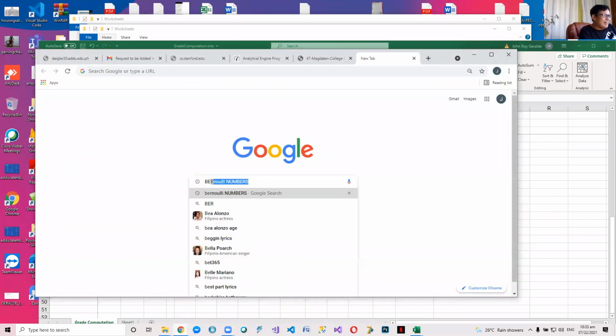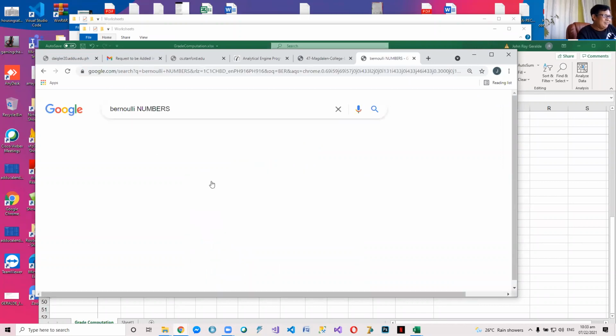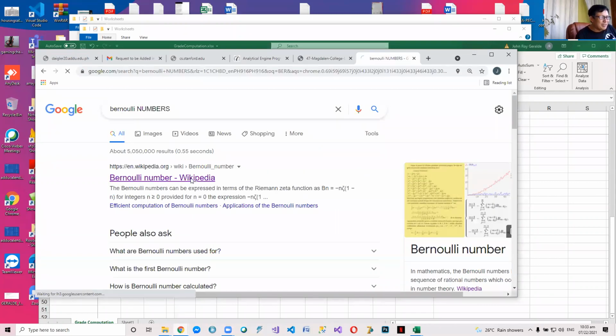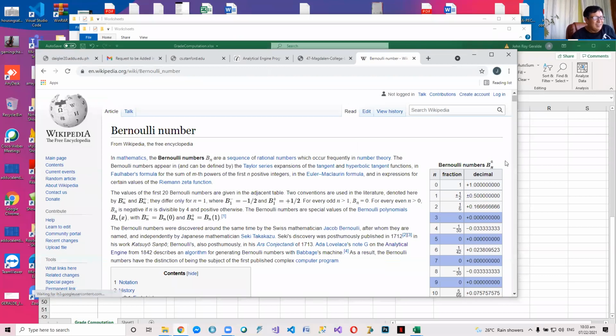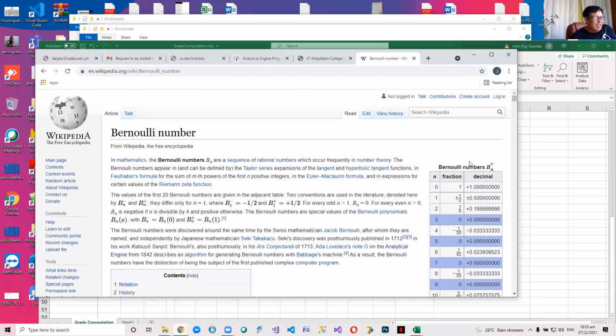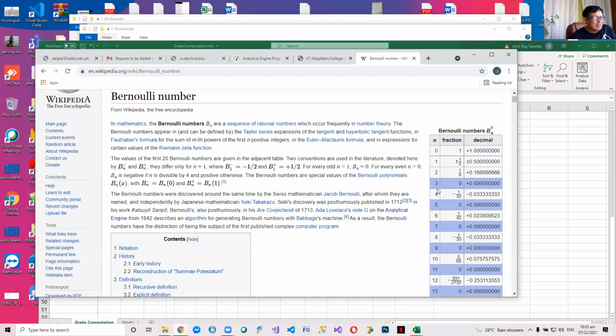How do you compute the nth Bernoulli number? For example, the first Bernoulli number, the second Bernoulli number. So there's a formula. Bernoulli number 0 is 1. For any n that is odd, for example the third Bernoulli number is 0, the fifth Bernoulli number is 0, the seventh Bernoulli number is 0. But if it's